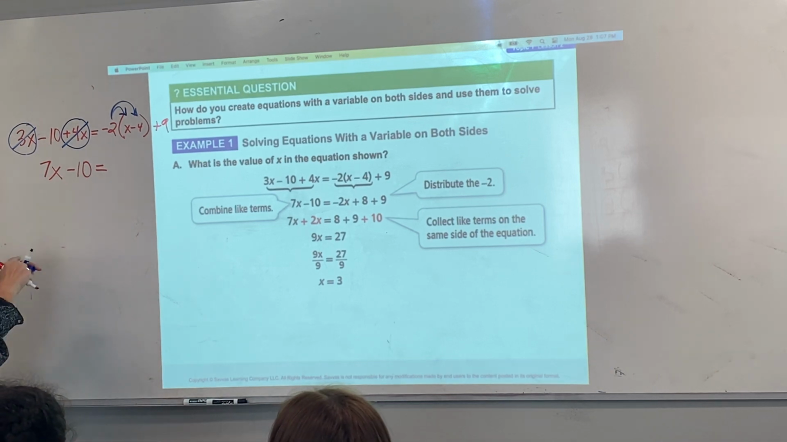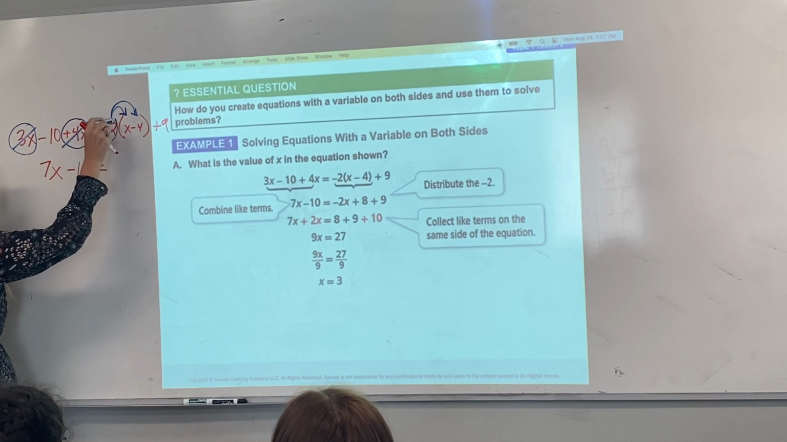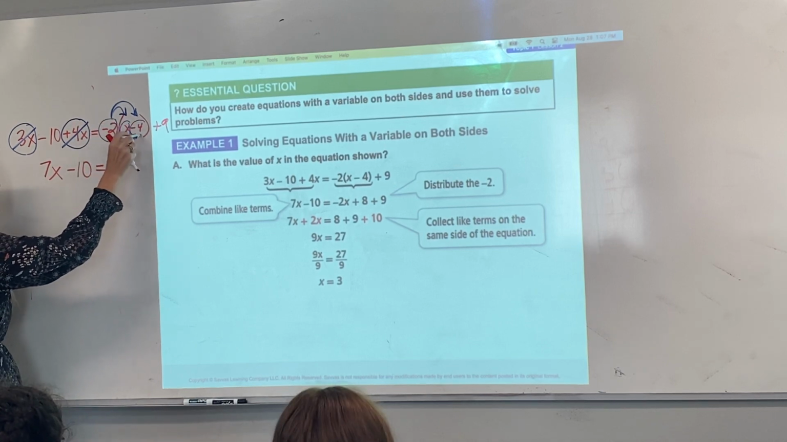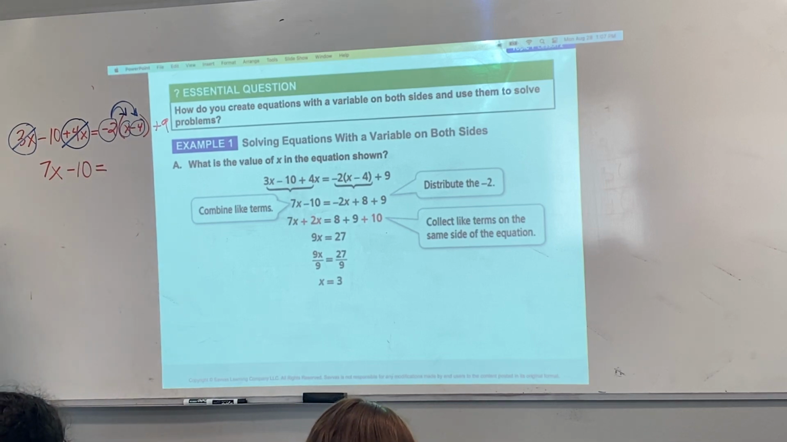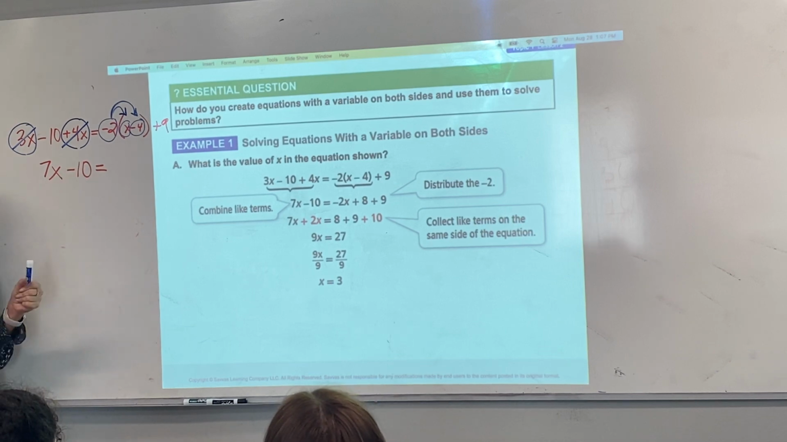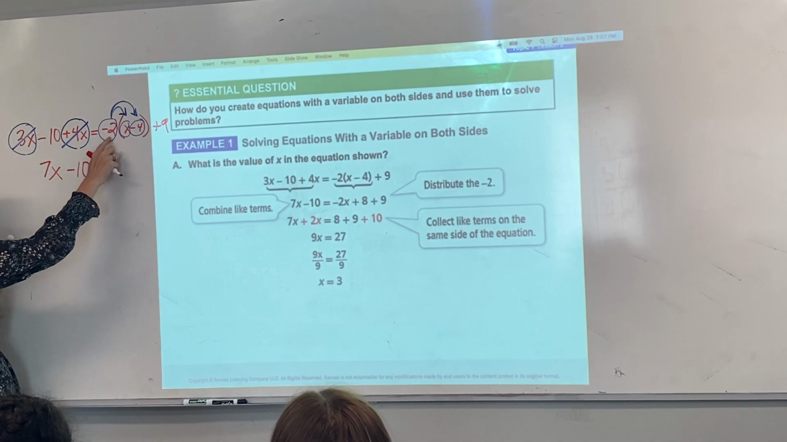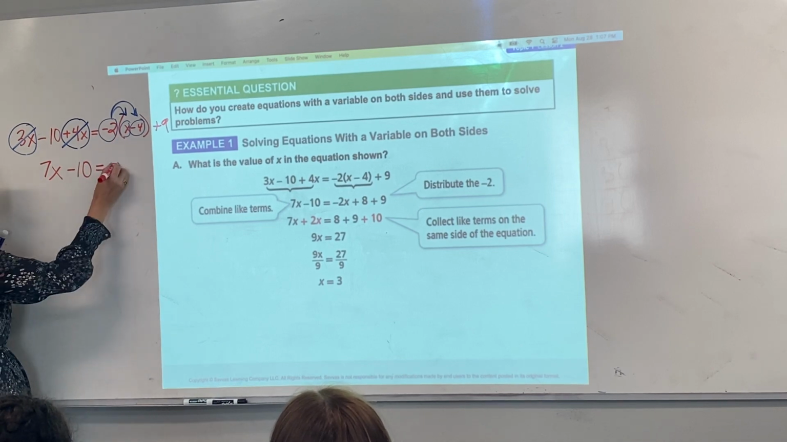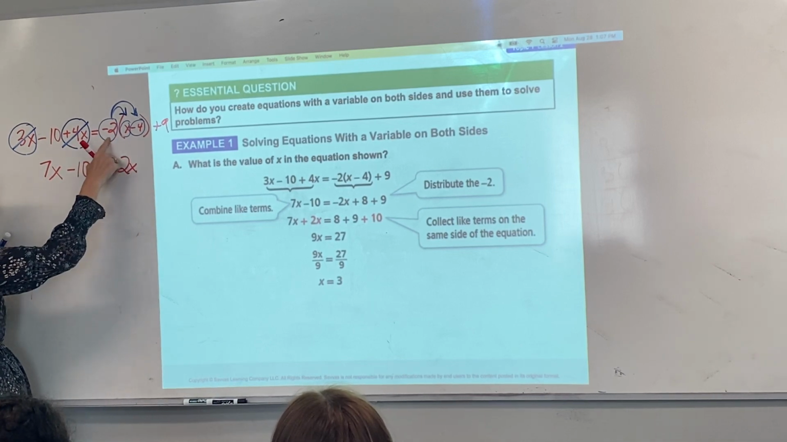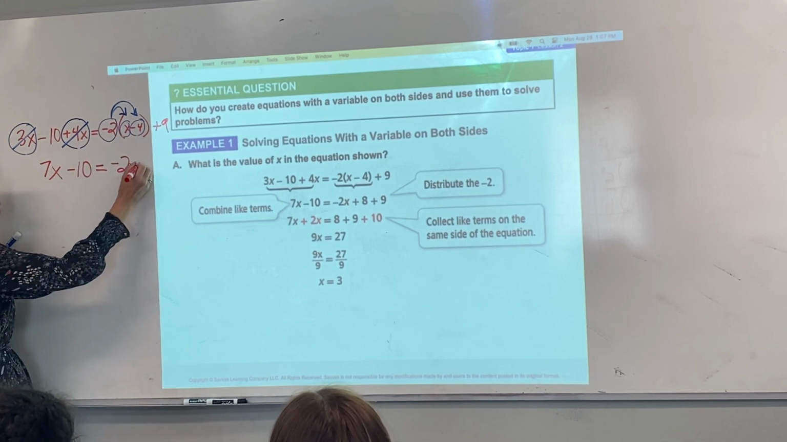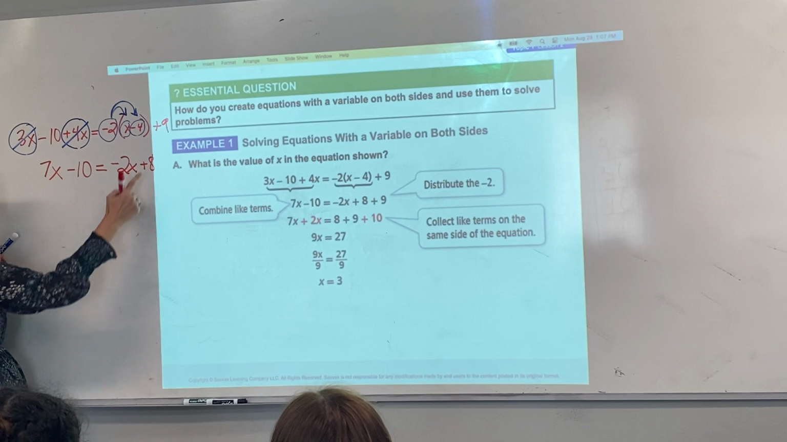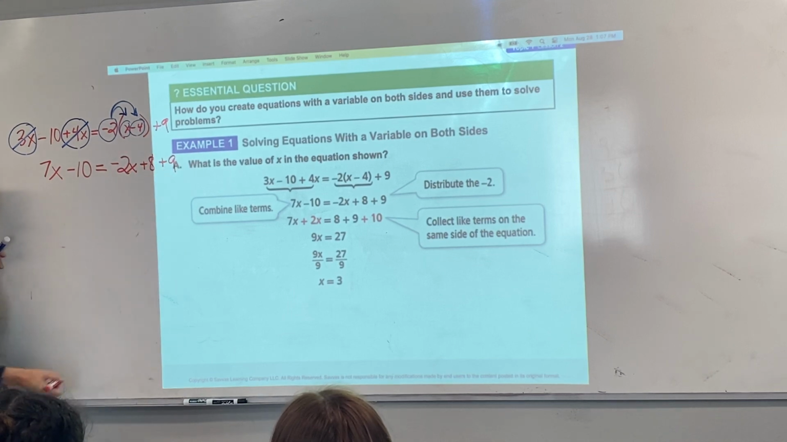when I distribute, another good idea when you're distributing is circle your terms with their signs. So when you distribute, keep in mind we're multiplying here. We're not adding like when we combine like terms. So we still are multiplying, but the signs are so important when we multiply too, right? So if we're multiplying a negative 2 times x, what do we get? Negative 2x. When we're multiplying a negative 2 times negative 4, what do we get? Positive 8, and then we still have positive 9, okay? Now,